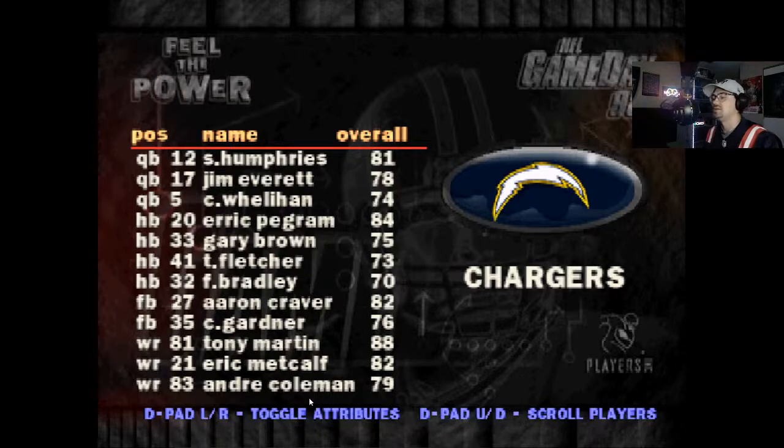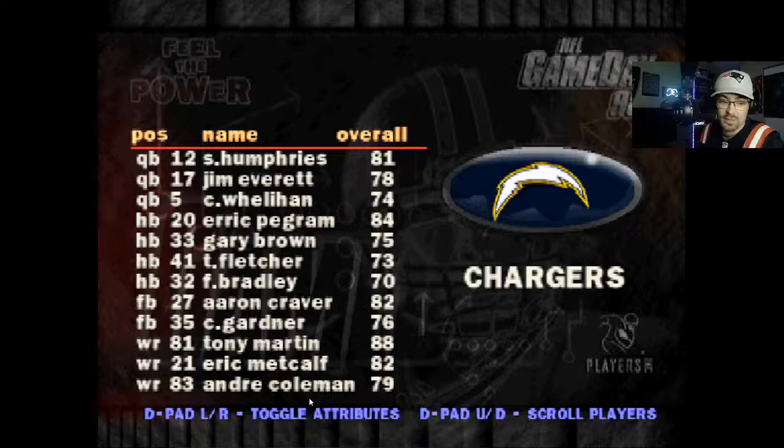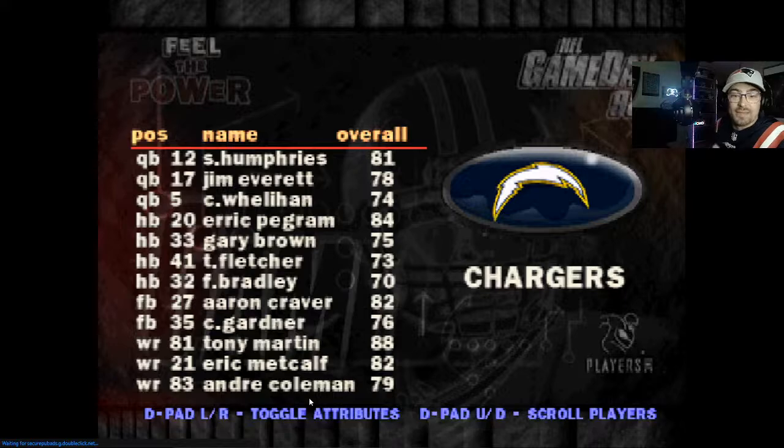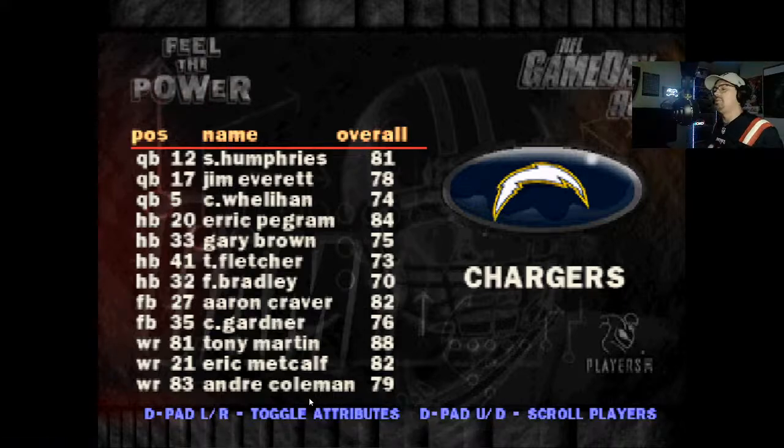This team is probably up there as really, really bad, or at least looking by this. It's funny because the numbers don't say that they're really bad, but it's very clear they're a bad team. Like Sam Humphries, 81.